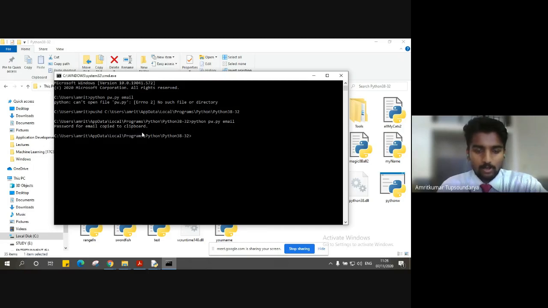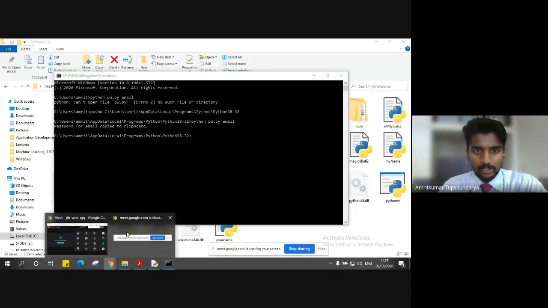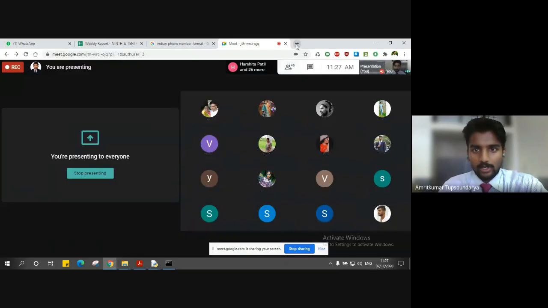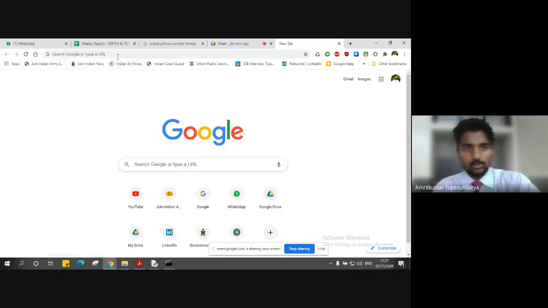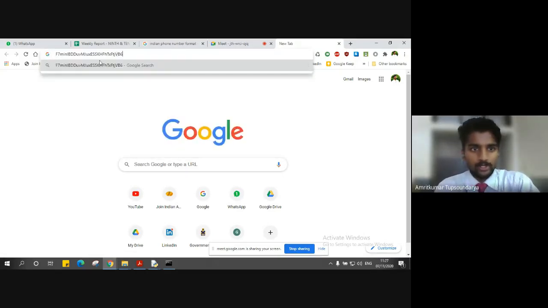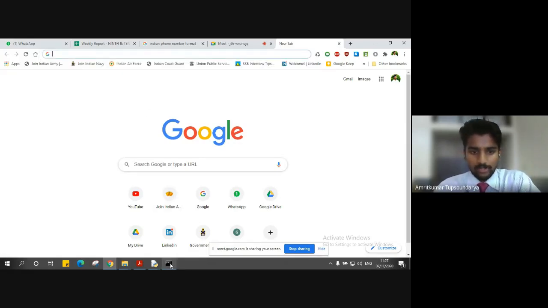Our password is copied and it is currently in the internal clipboard. So let's say I go to the Google browser and wherever my input field is, wherever I have to input the password, I can just simply go there and paste it, right? So this was the password that we have saved for the account name email. I have not copied it manually. As you can see, it was automatically copied through the program inside the internal clipboard of the computer. So that means we are able to successfully execute the program.